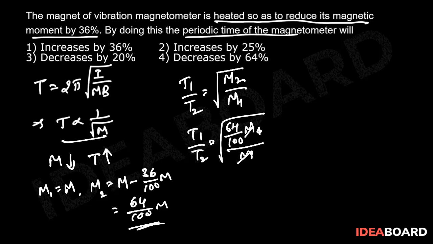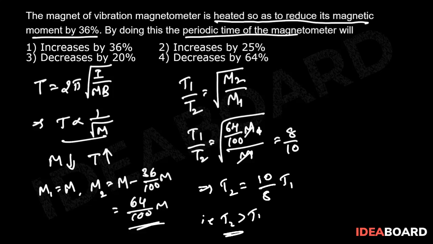This m m gets cancelled, which gives 8 by 10. From this, T2 equals 10 by 8 T1, that is T2 is greater than T1, which means that the time period